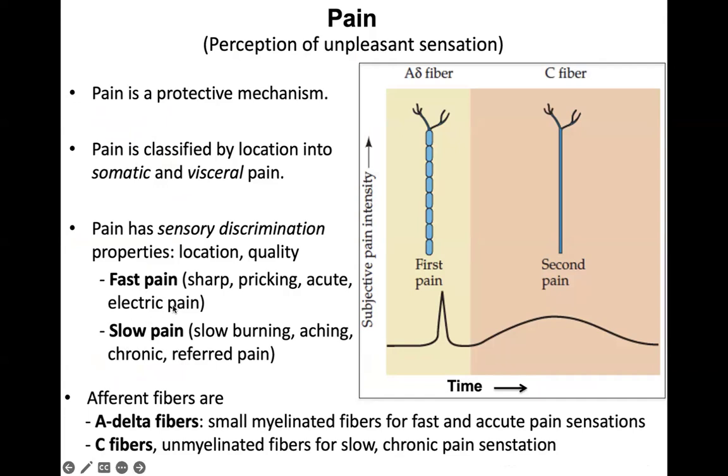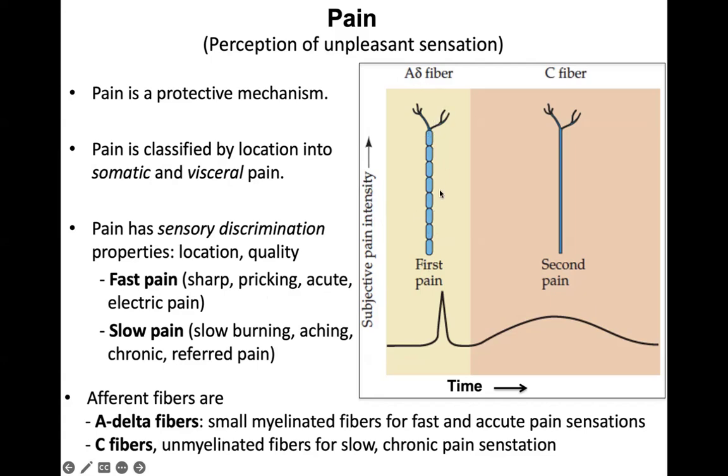Fast pain, for example, you feel like sharp, pricking, acute, electric pain, that first pain that you feel. Those pain signals propagate in the neurons very fast, because those neurons are